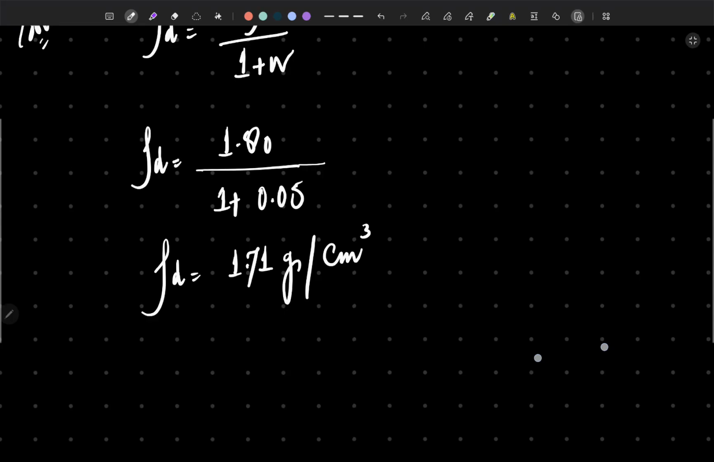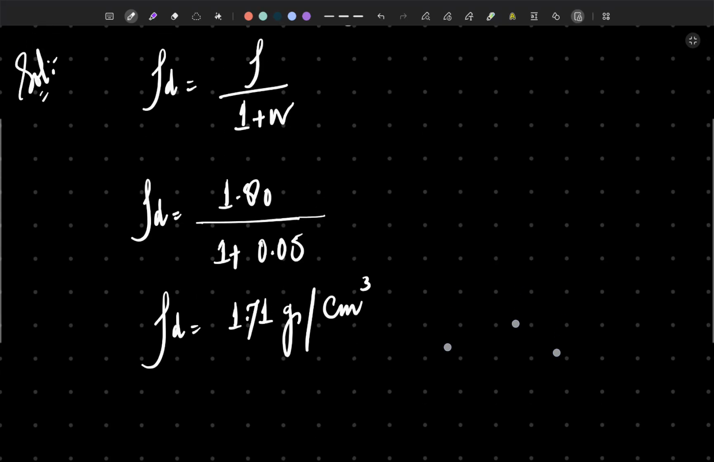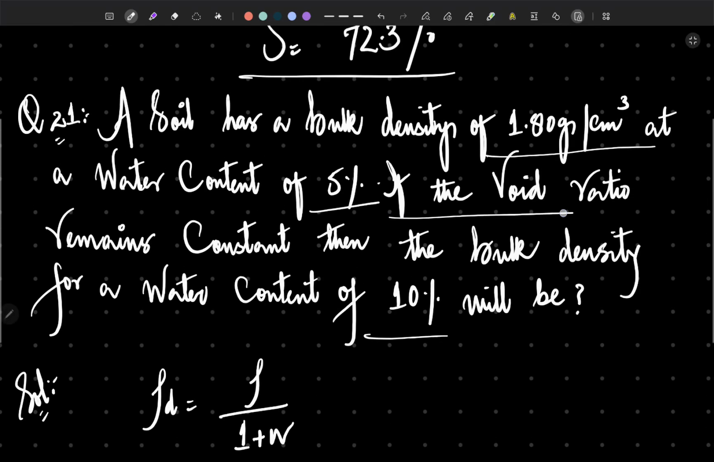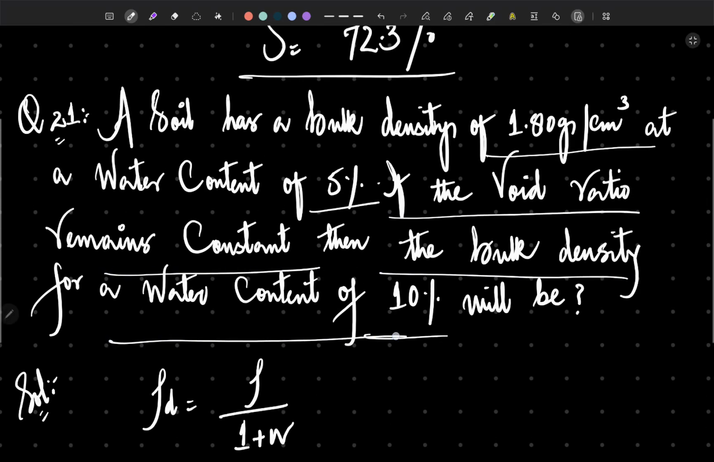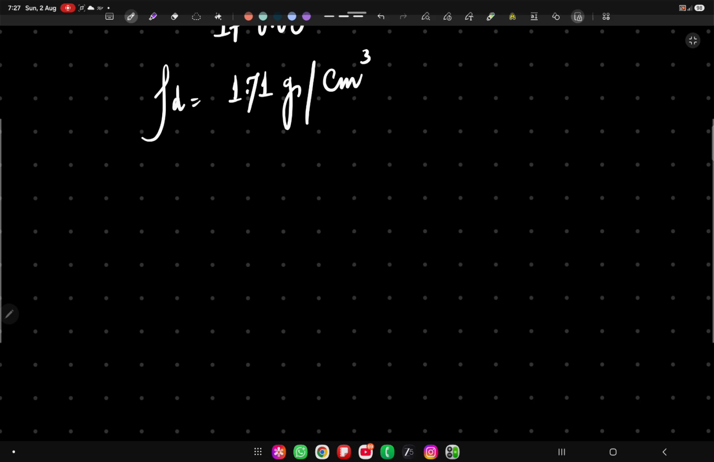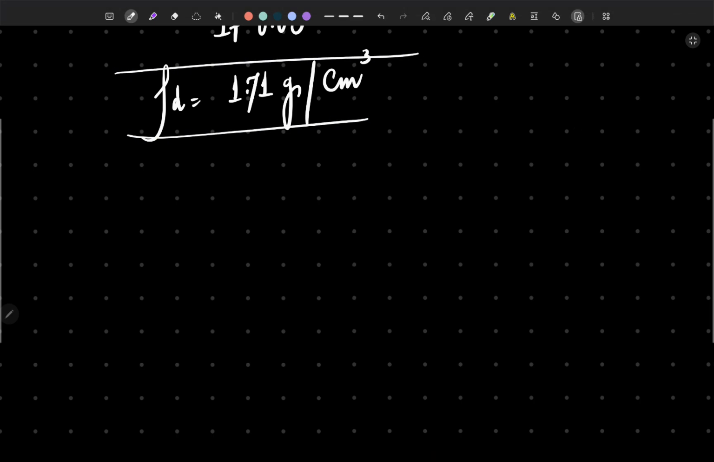So this is the dry density, but this is not our goal. The question asks us to find, if the void ratio remains constant, the bulk density for a water content of 10%. Bulk density for a water content of 5% is this much. If the void ratio remains constant, we have to find the bulk density for a water content of 10%. Since first I found the value of dry density based on the initial bulk density at a water content of 5%, and since the void ratio remains constant, listen carefully,